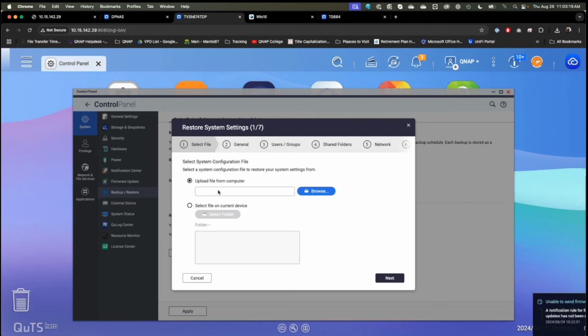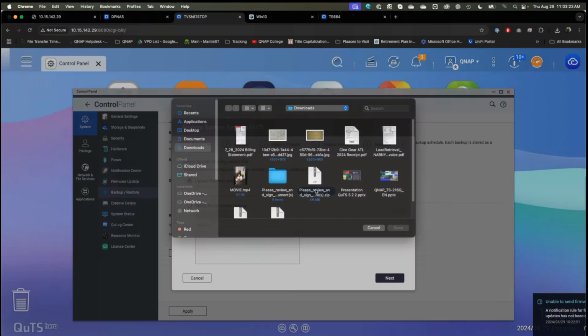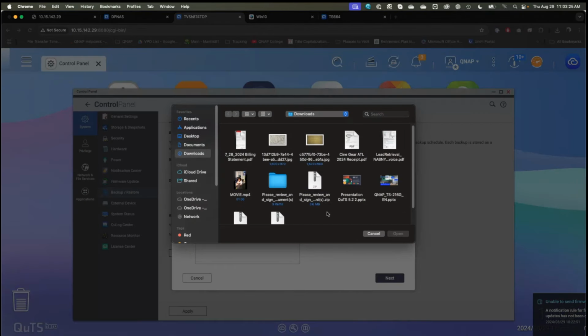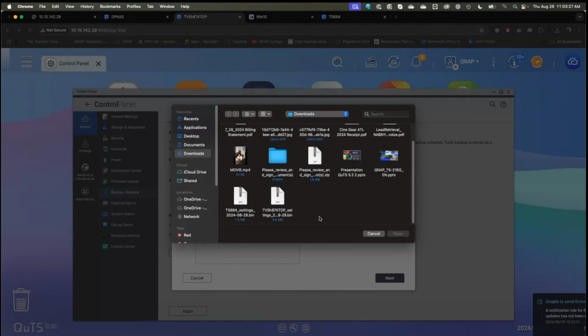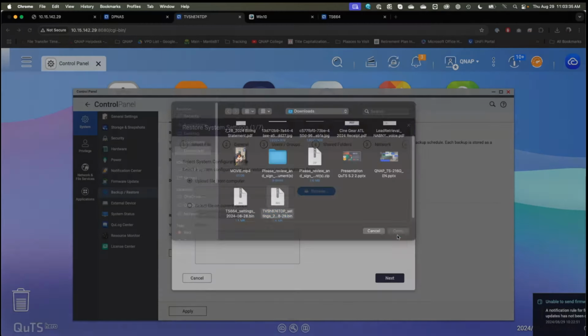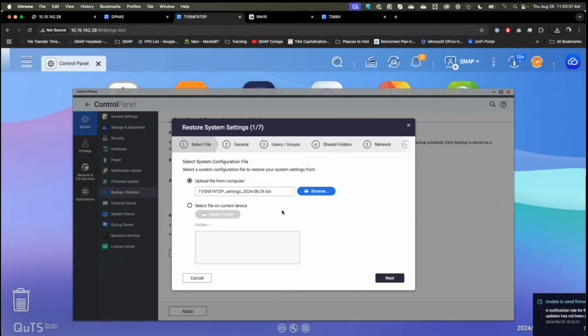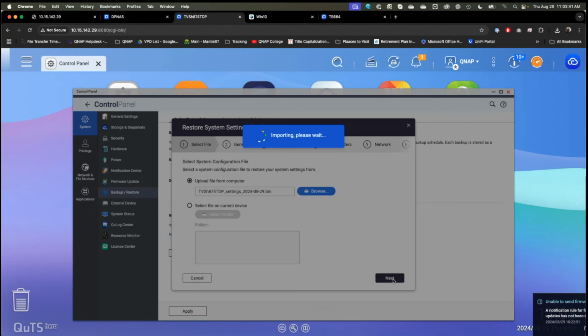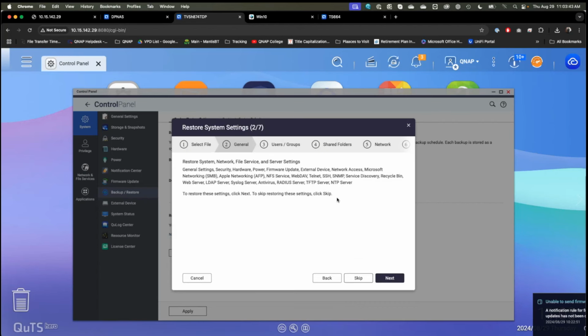Or if you're just restoring your data from a file on the computer, you can just click on browse, and then right here, let's see where my files are. Oh, right here. Now, this is the bin file that was downloaded on my computer. Now click on next. Now it will see your backup file and will now start to ask you what you